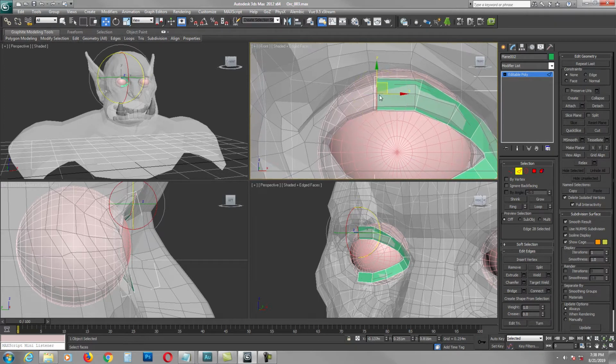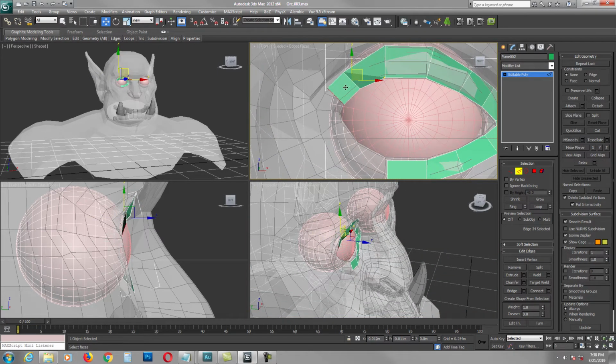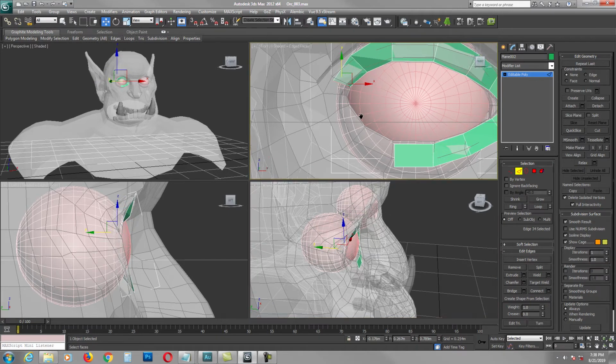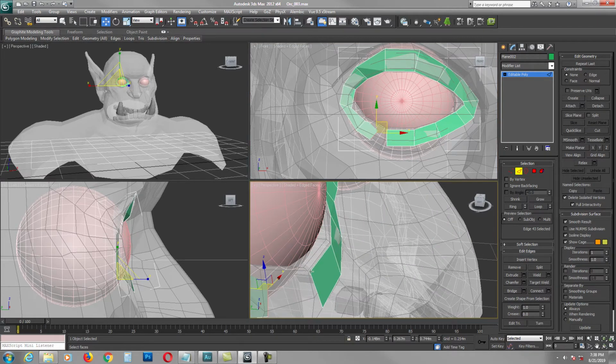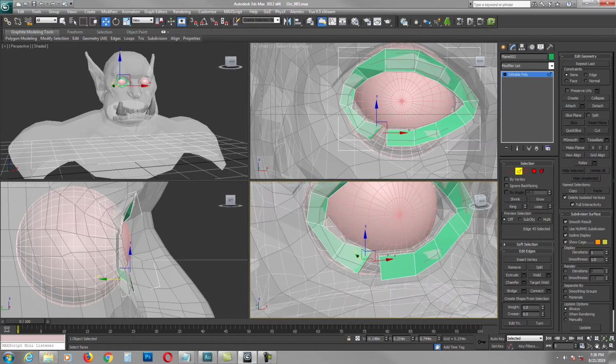Select, rotate, select, rotate. You could also scale it down just to match the eyes. You scale down like that. Then you scale, shift select, shift select, shift select, like that. And to weld,